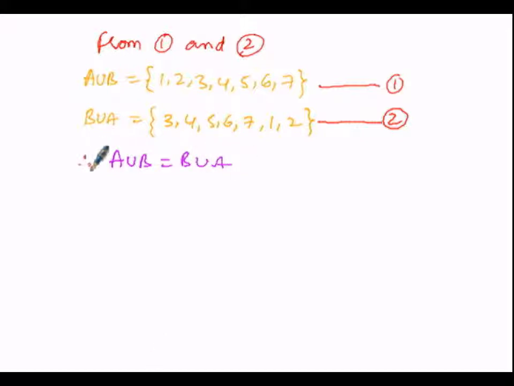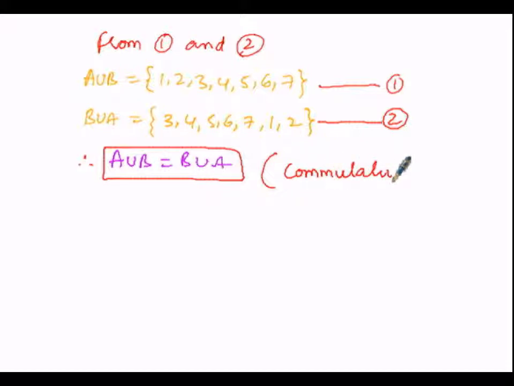So in this regard, the commutative property holds good here. So here, if A union B is equal to B union A, therefore the commutative property over union holds good. So, similarly,